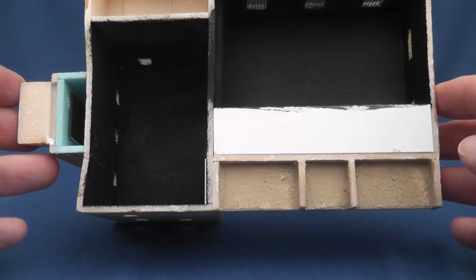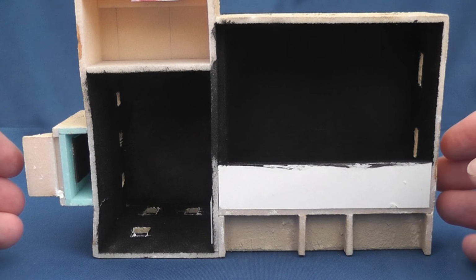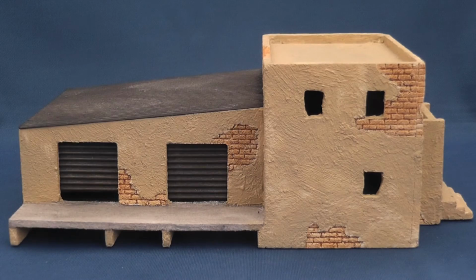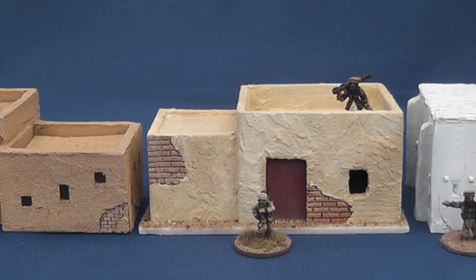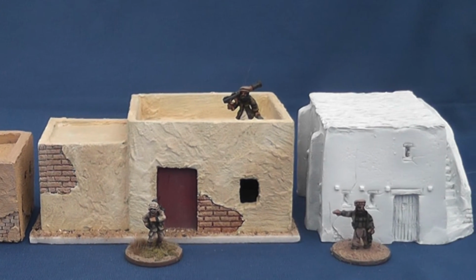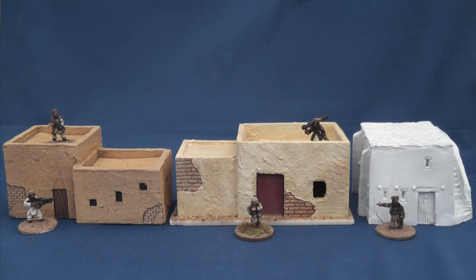The buildings are wonderfully light, and whilst they may appeal to gamers in transit, the predictable downside is that they are very fragile and liable to suffer significant damage if not handled with care. On the plus side, large compounds are relatively thin on the ground in 15mm, and I've not seen anything quite like the striking workshop. In contrast to resin buildings, each of KJS Creations' is individually handmade, with no two being identical. This is reflected in the price, which is a little higher than other more commercially produced pre-painted resin desert scenery. To be fair to KJS Creations, their buildings cover a larger surface area than most of the competition, but